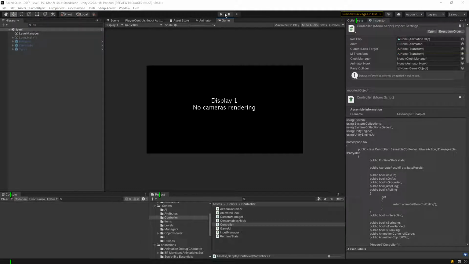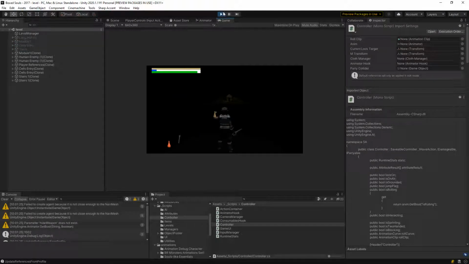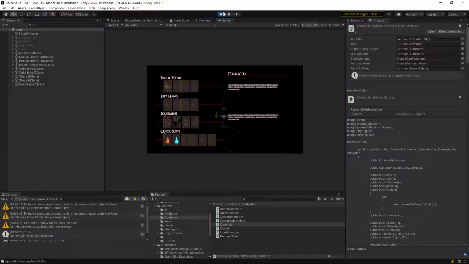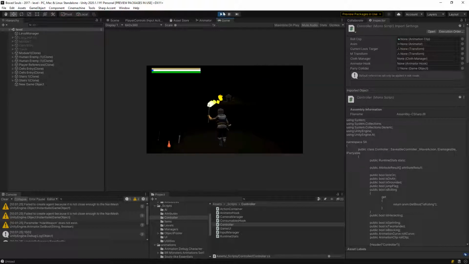So we have a lot to fix. So let's get started. We're first going to start with the controller. I kinda want to fix a few things. Now, don't worry about the hand sticking out like that, because I've actually created a torch,